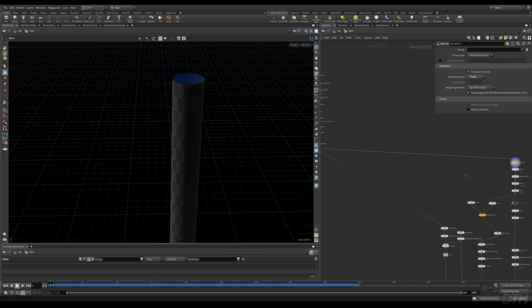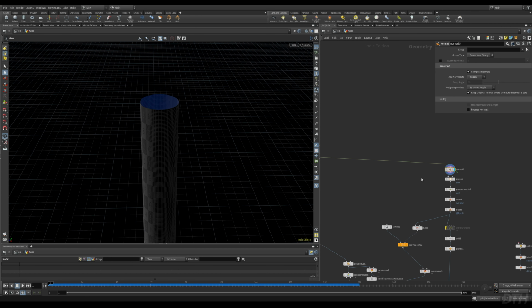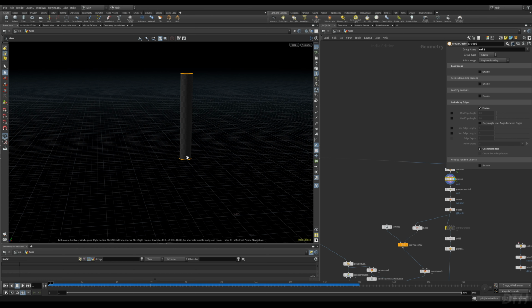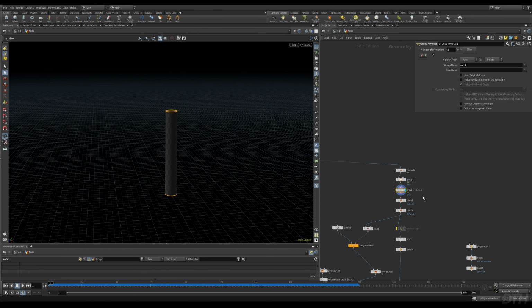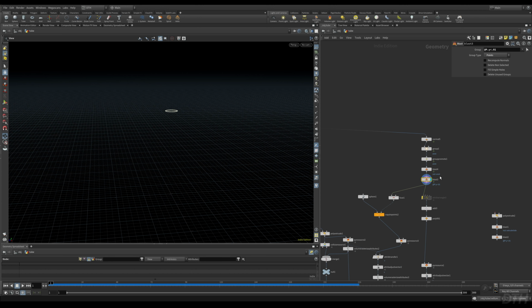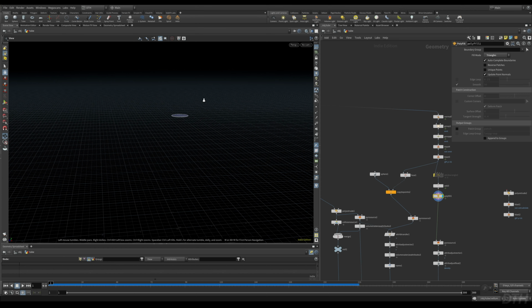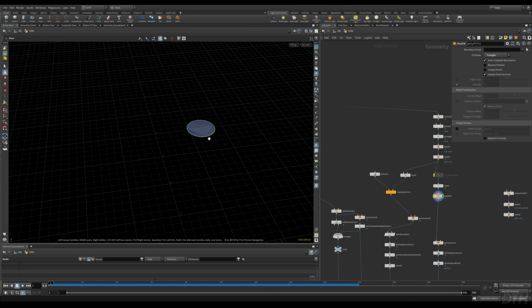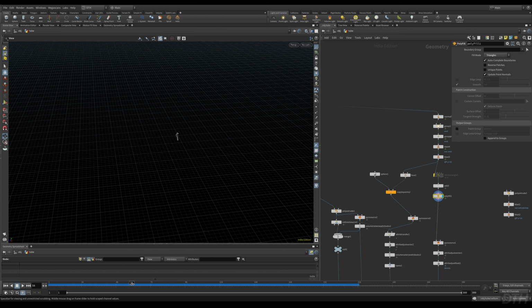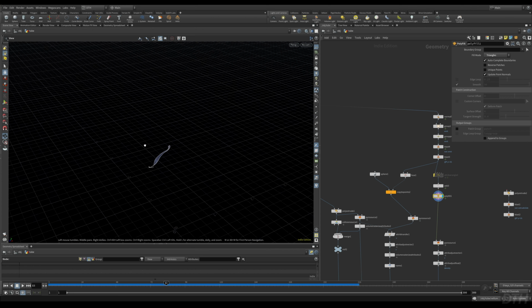But to isolate the top of this tube, what I ended up doing is creating a group here of the unshared edges, so that'll group the top and the bottom. I promote that group to points, and then I blast those, and then I delete the ones at the bottom with a similar expression as with the pinning, just deleting any of the points that are on the ground. And then I create a polygon from those points, and that automatically is following the tube animation and deforming with